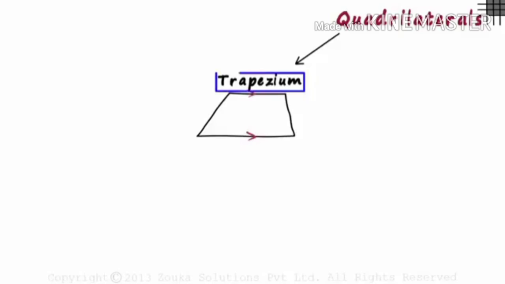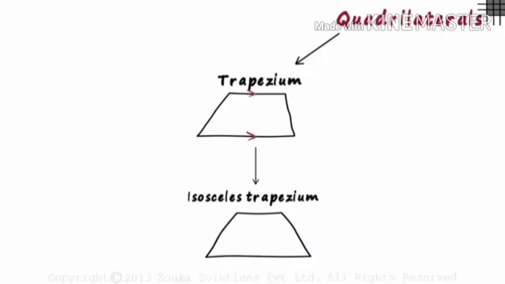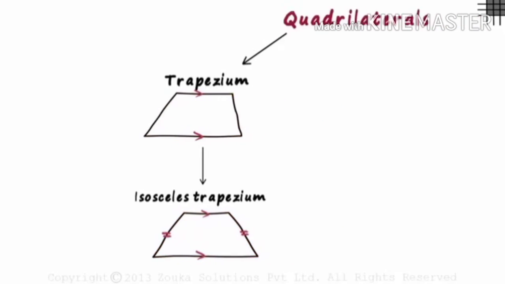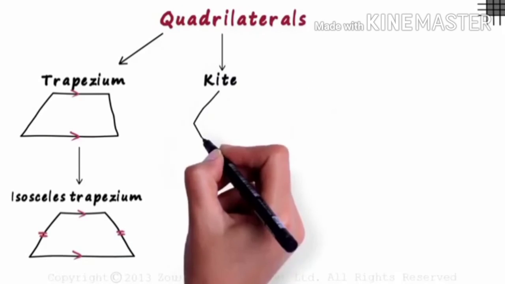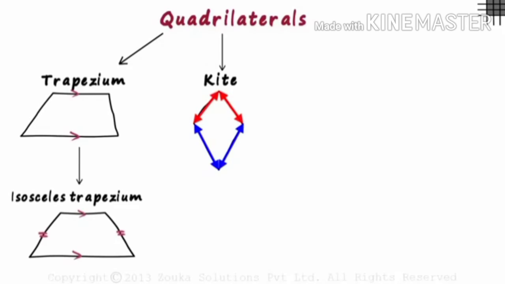A special case of trapezium was an isosceles trapezium. This is how it looked. Just like the trapezium, one pair of opposite sides is parallel, and the non-parallel sides are equal. Now that completes 2 types of quadrilaterals we have seen previously. The next kind of quadrilateral we saw was a kite. Well, it looks like a kite. It has 2 pairs of equal adjacent sides. This side is equal to this side and this side is equal to this side. And its opposite sides are unequal.